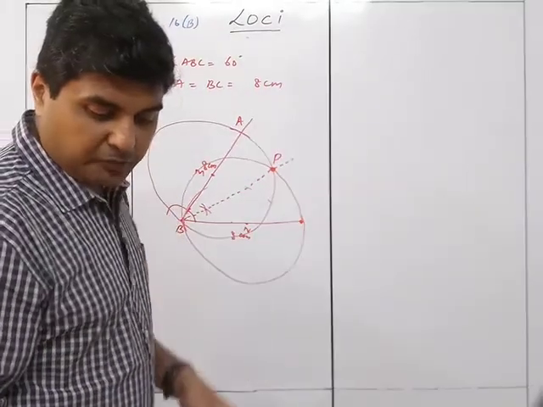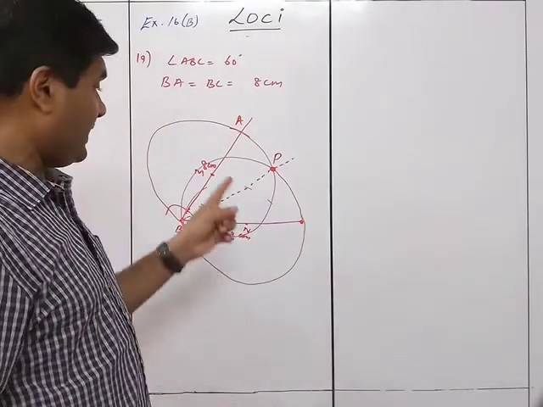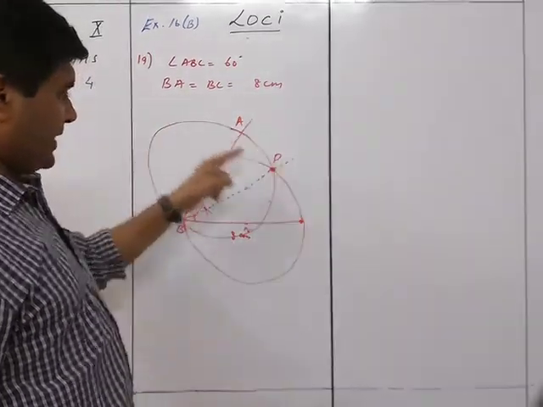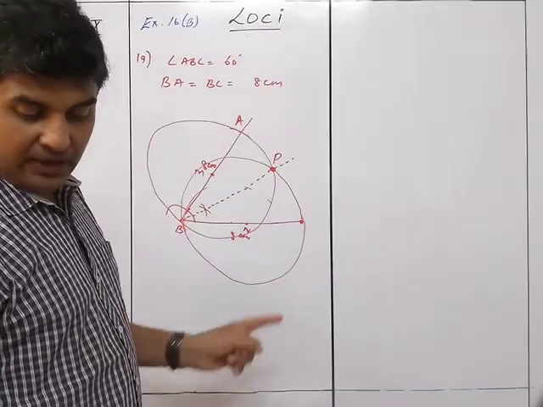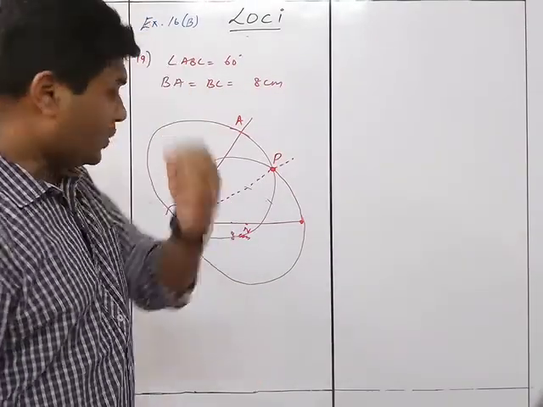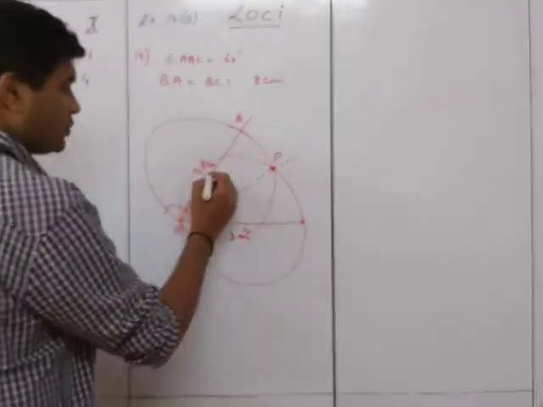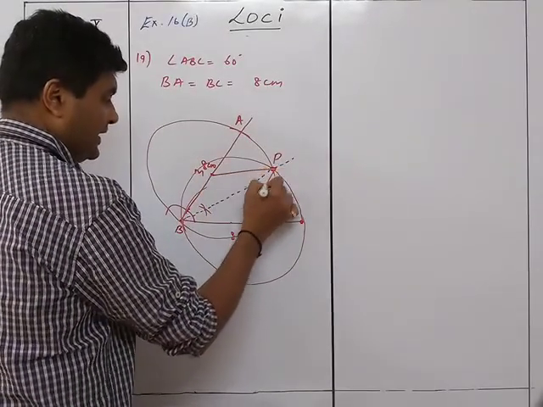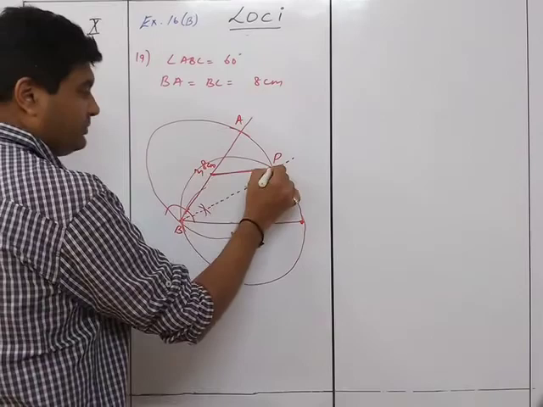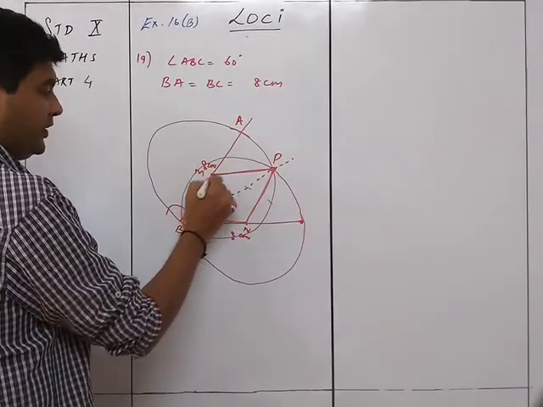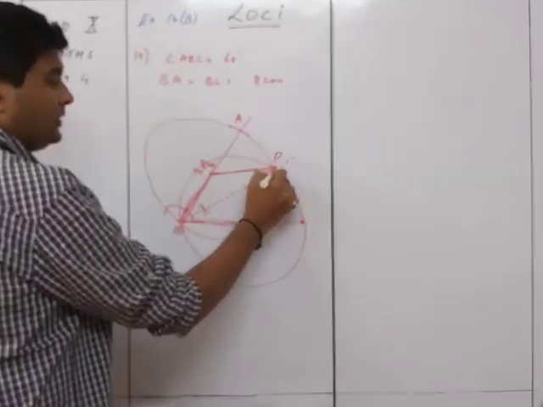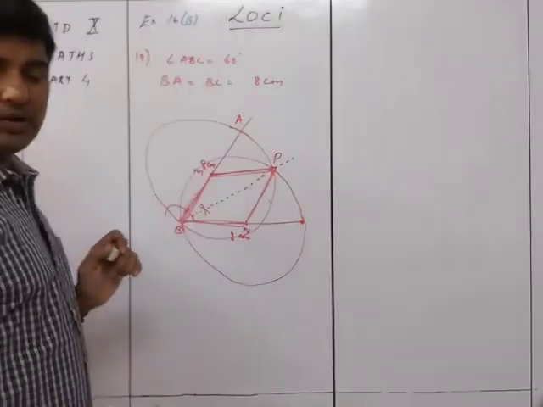Then mark the point P which is 4 centimeters from M, 4 centimeters from N, and equidistant from BA and BC. Join MP and NP and describe the figure. So you need to join this and this, and you need to describe this figure. What do you mean by describe? Describe means you have to give it a particular name.